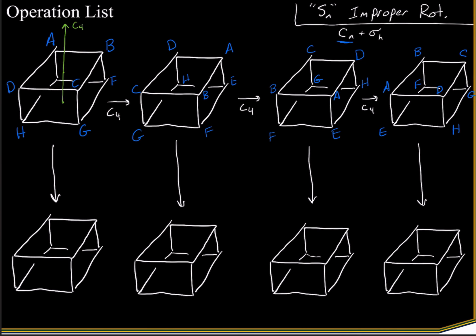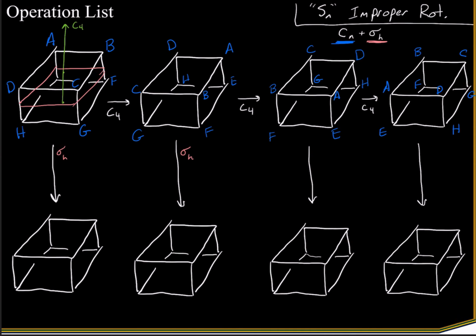Hopefully, after doing these proper rotations, you're able to get these boxes along the top. So this was the proper rotation component of our improper rotation. So the next thing that we need to do is carry out our reflection, right, our sigma h, on each one of these structures. So what we're going to be doing is a sigma h that essentially cuts this molecule right in half. This is the sigma h that actually exists for the molecule as well. And so what we're going to do now is look at what happens to each one of these steps as we do this drawn sigma h,